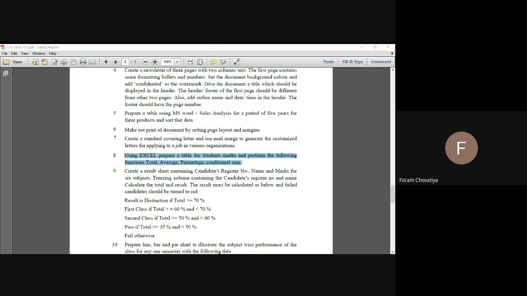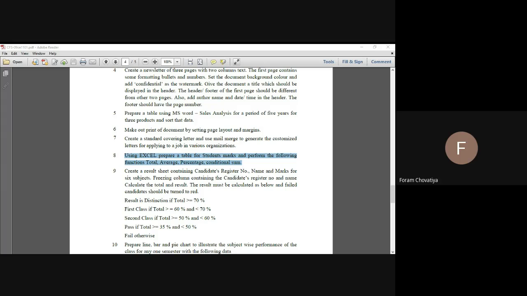Right now we have to add a table in an Excel sheet. So first of all you have to open a blank Excel sheet. Write EXCEL in the search menu, and the blank sheet opens. I will show you how.